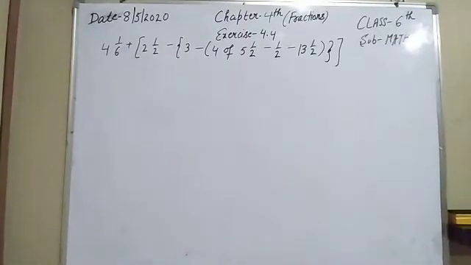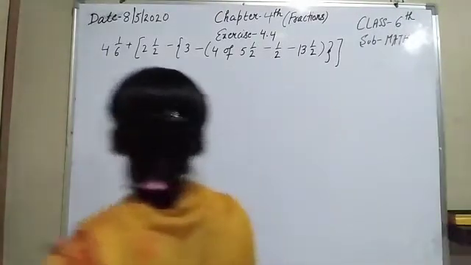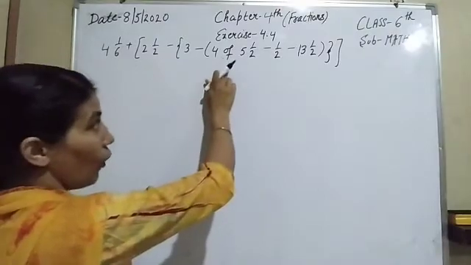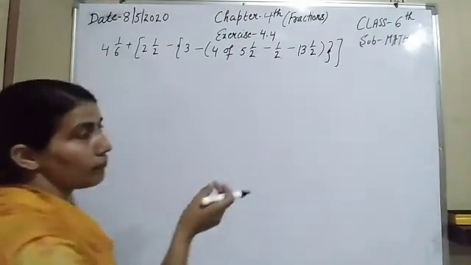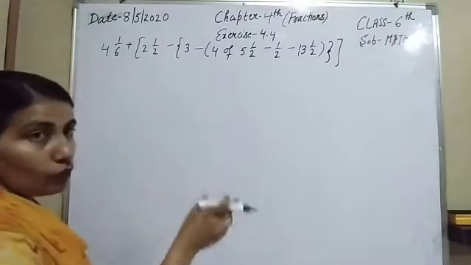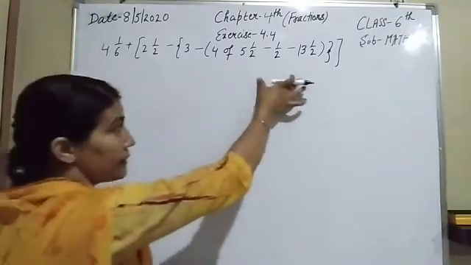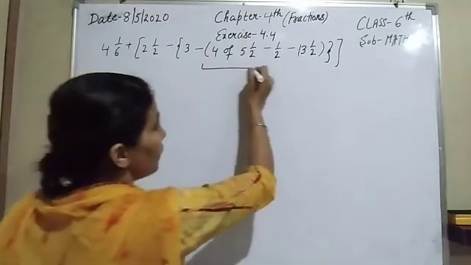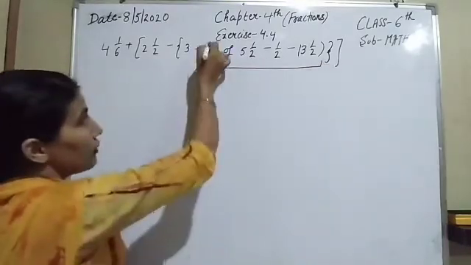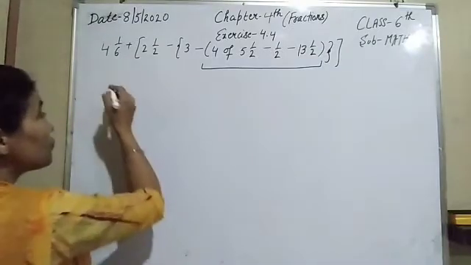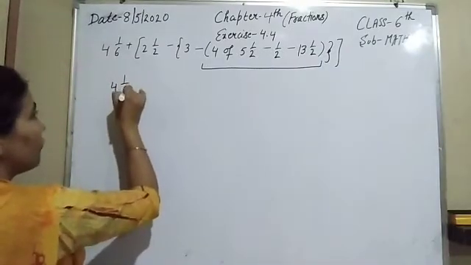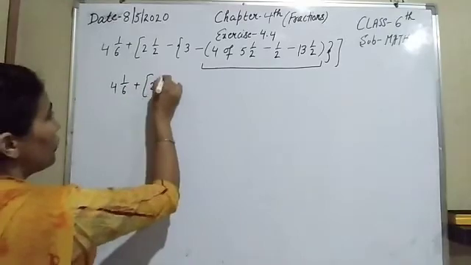Okay, now come to the next question of this worksheet. We have to solve 4 into 1 by 6 plus 2 into 1 by 2 minus 3 minus 4 or 5 into 1 by 2 minus 1 by 2 minus 13 into 1 by 2. Now according to the rule, firstly we have to solve these brackets, and firstly we have to solve this open bracket. From this to this part we have to solve first. So all others will remain same. 4 into 1 by 6 plus 2 into 1 by 2